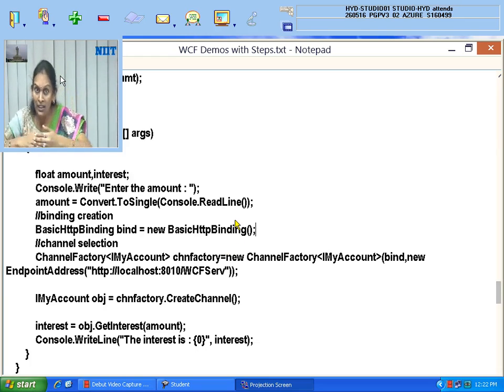The client is making a bridge from their application to my service. Directly they cannot connect to the service, only to my interface. With what? A URL: http://localhost:8010/s104, because I gave that name where I have hosted. So with that they need to connect to me.